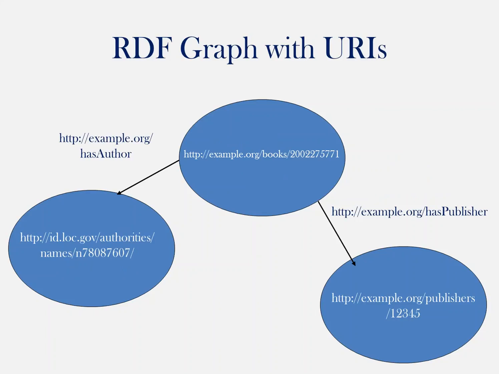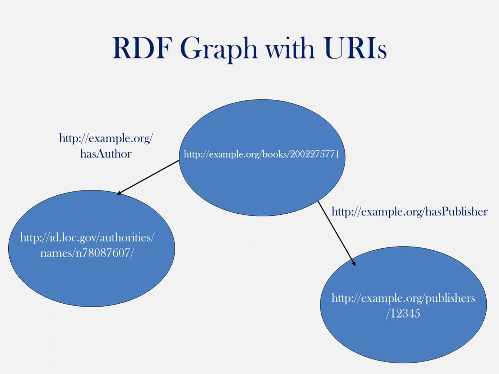But like I've been saying all along, really the power of RDF and linked data is not just to lay out these statements of how things are related, but to represent these entities with URIs so that all this information out there on the web can be brought together. So in this case, even if you were supplying the URIs for the book Christmas Carol and the publisher Penguin, you could bring in the authorized Library of Congress form of Charles Dickens's name, which is found at that URI